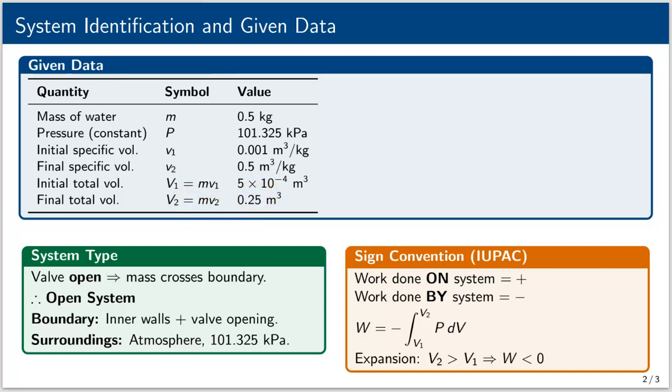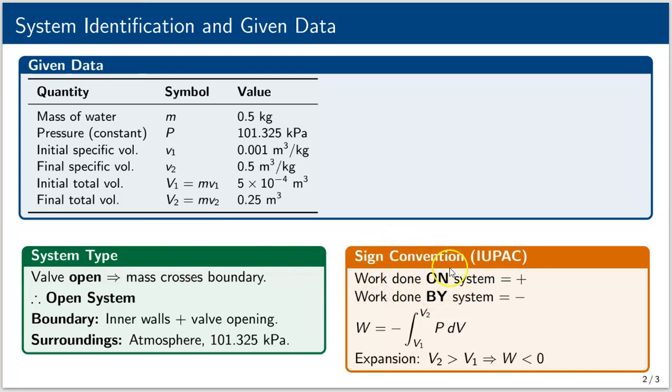Now here is the critical question: what type of system is this? The steam valve is open. That means that mass in the form of steam is crossing the boundary of the cooker. Whenever mass crosses the boundary, the system is an open system. The boundary of our system is the thin wall of the pressure cooker plus the valve opening. The surrounding is the atmosphere at